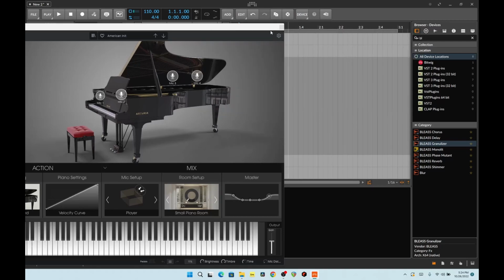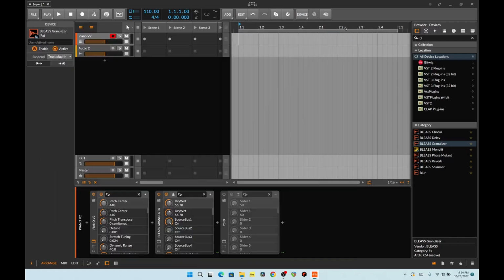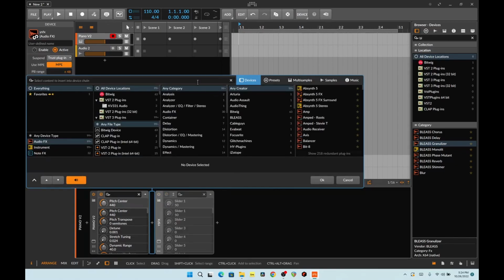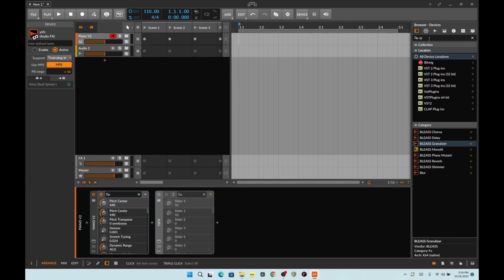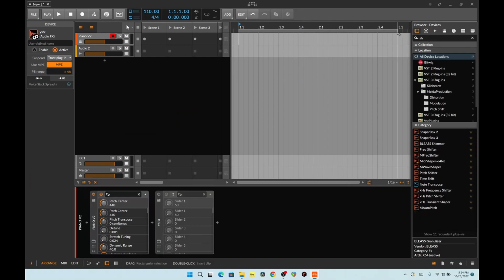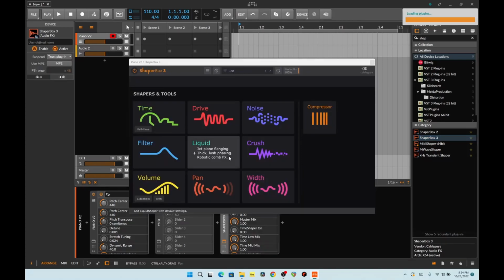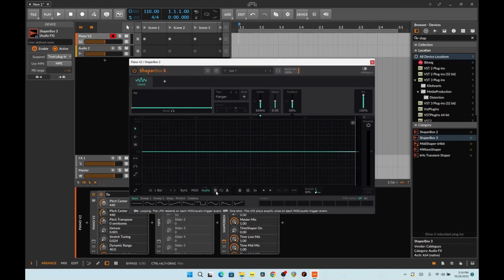So, at any rate, that's what I was trying to do. And now I realize I was going to show something that I missed in the last video, by the way, for Shaperbox. This is what I get for thinking about what I'm going to do today, and then going real time and not remembering. I was talking about the Shaperbox and this audio stuff, but there's this little icon